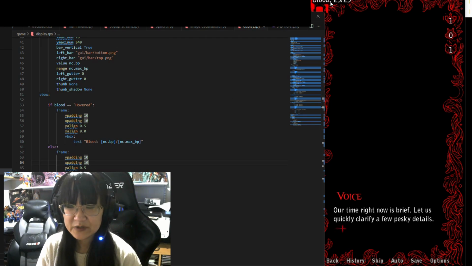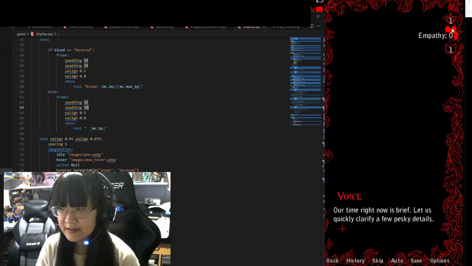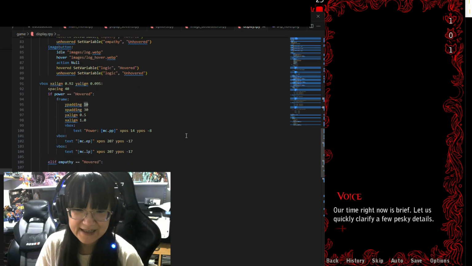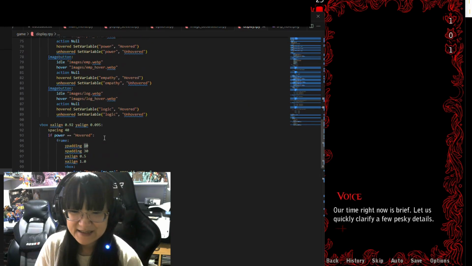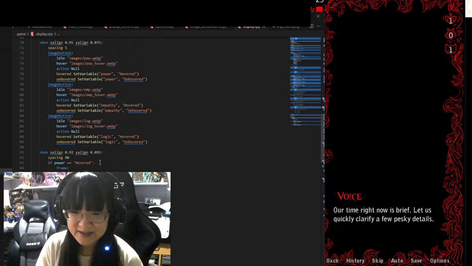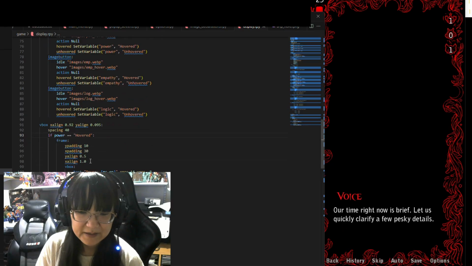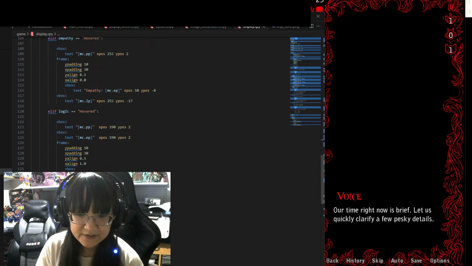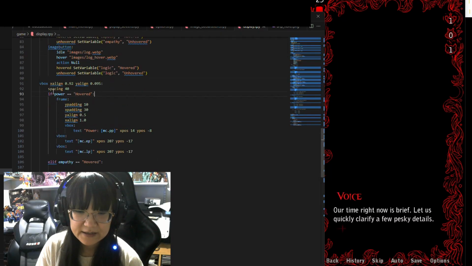Basically, things don't shift around too much when you do the tooltip. With these little guys, things got shifted around a lot. So using the same concept, we have the default when nothing is hovered over. We have just the text, and that is in this vbox that has this alignment and this spacing between